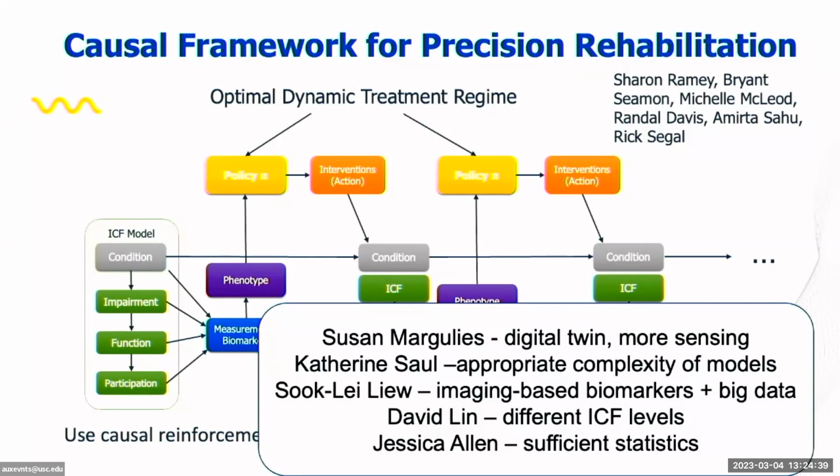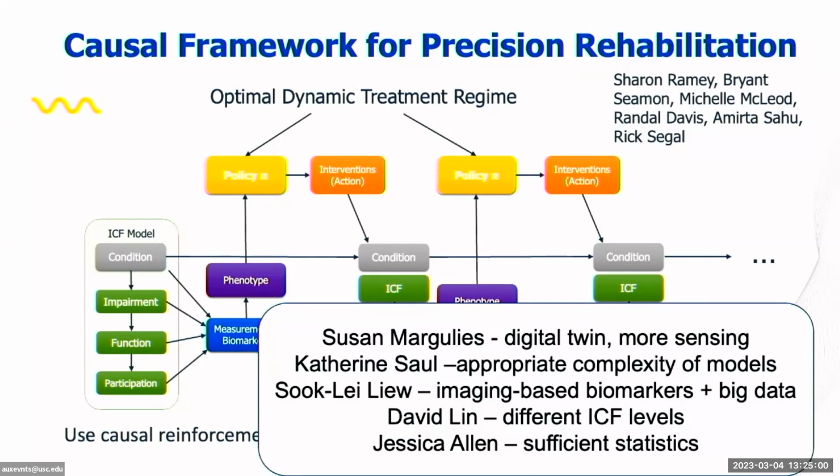Soke Liu talked about imaging-based biomarkers, which I think really relates to this in the big data aspects. David Lin also kind of addressed talking about things at a different level of the ICF model and finding brain-based, like depending on where a stroke lesion is, you get changes at different ICF levels or possibly patient-reported outcomes. And then Jessica Allen really talked about getting the minimum set of statistics you need, because